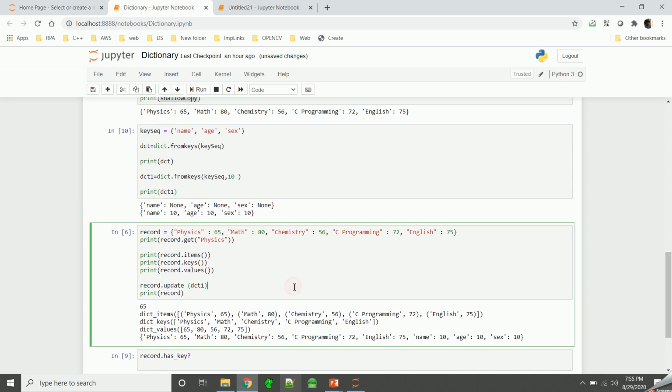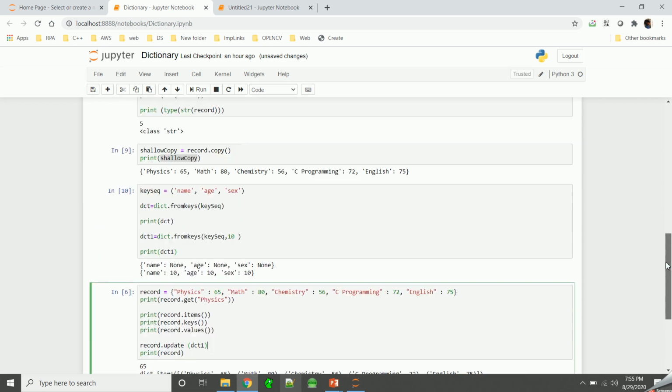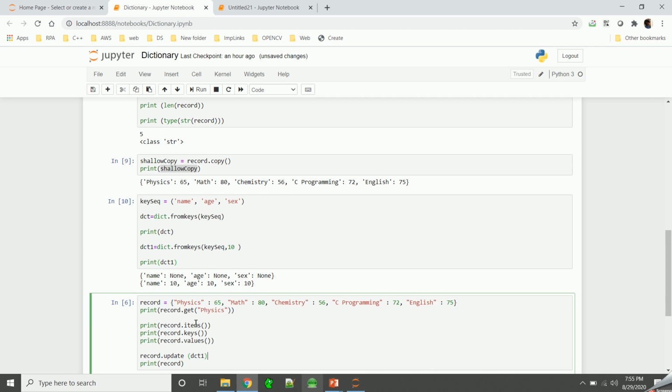Next thing is, suppose you want to get a particular value for a key, like if you want to check what is the value for this, at that time you can use this get function which will give you the value for a particular key.